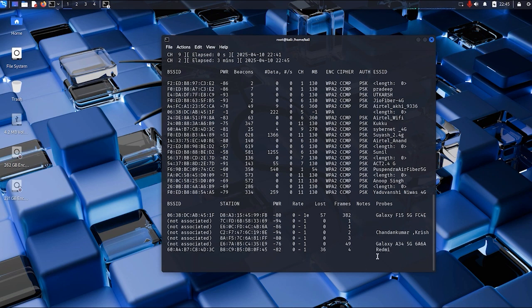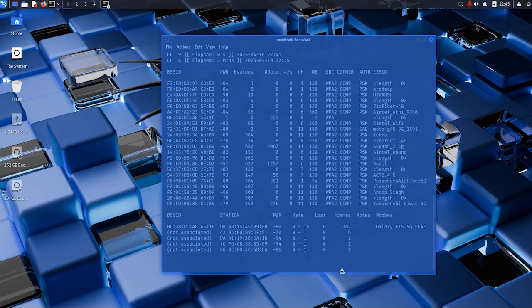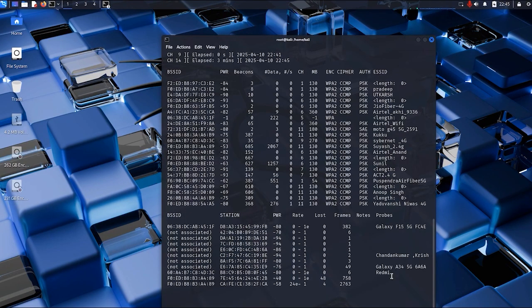We got another output here. We have a Redmi phone that just disappeared, which basically means these devices are either getting connected to someone or just looking for some connection in the probe section. If we extend it a little lower, we can see we still have these devices. Now, before we move to targeted packet sniffing, we will first discuss frequency bands. So let's discuss it in our PPT and move further.